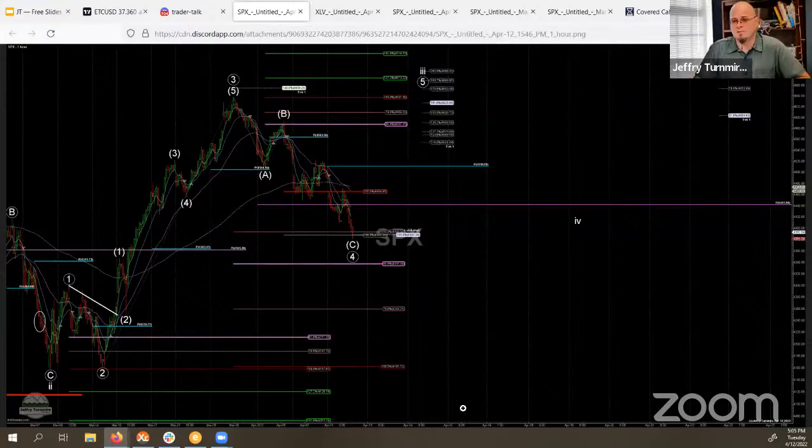Now, the days on this chart are not an estimation of time for when this happens. So we can see this took 2 weeks. You can expect the run back up to take at least 2 more weeks. And then the next pullback could take 2 more weeks. They could take well into late May for this to play all out here. And it could take longer than that.